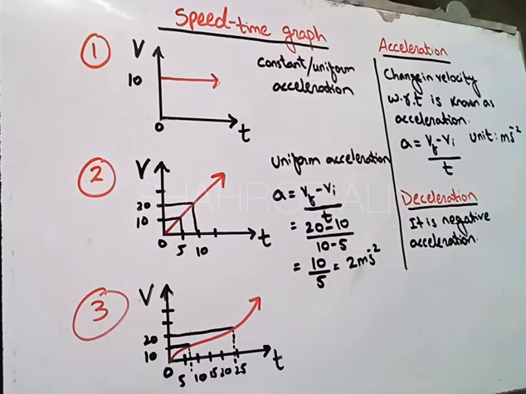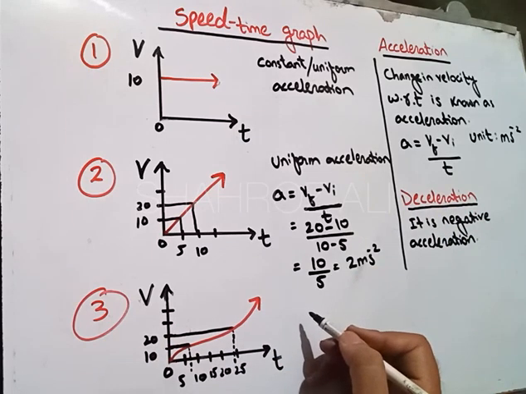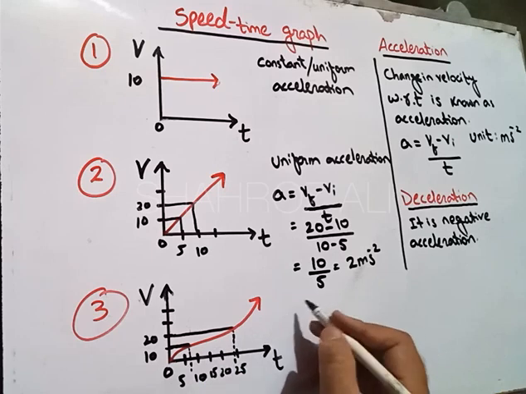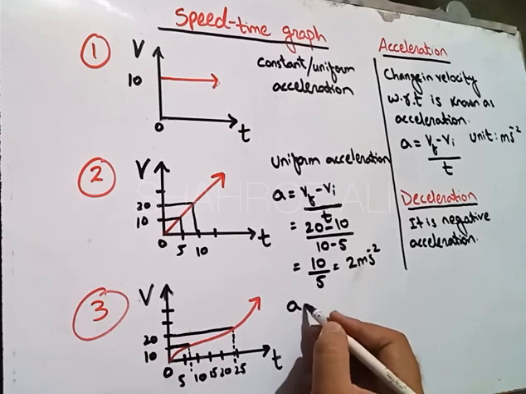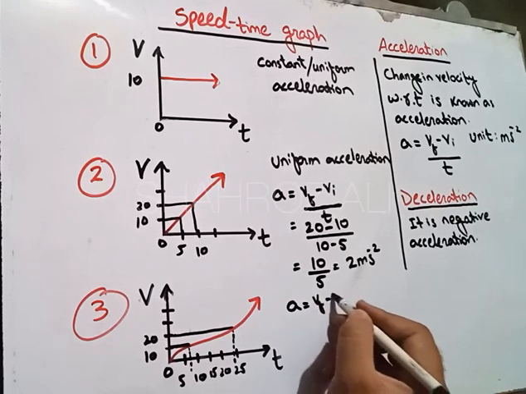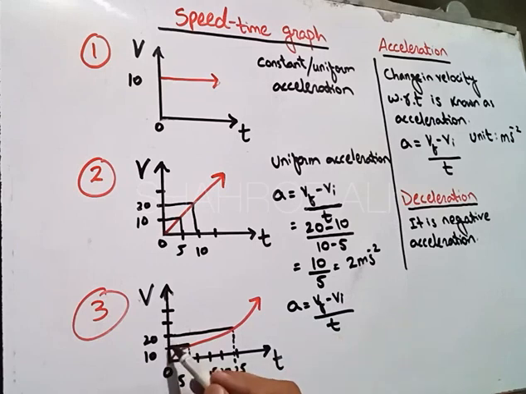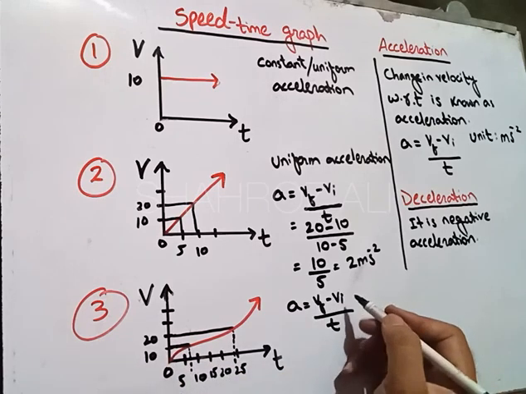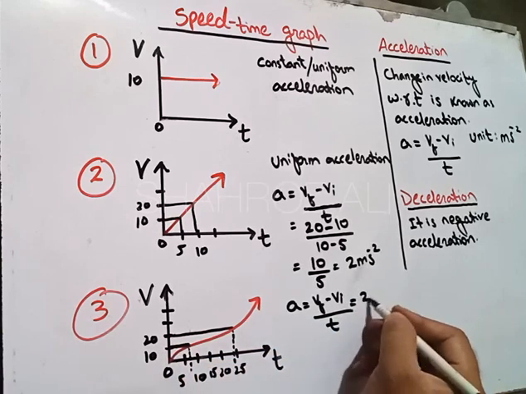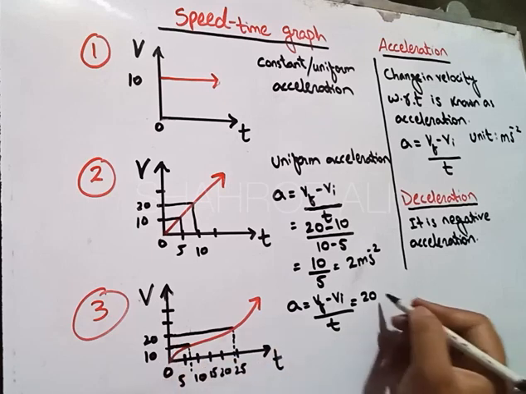Now let's talk about the third one. Here you can see in the third one, the line is not straight, the line is curved. So in these curved lines, when you calculate acceleration, it will give you different values, which is Vf minus Vi over t. Now suppose you are taking these 2 points, 20 and 10. What is the final velocity for this one? That is 20. What is now minus 10,